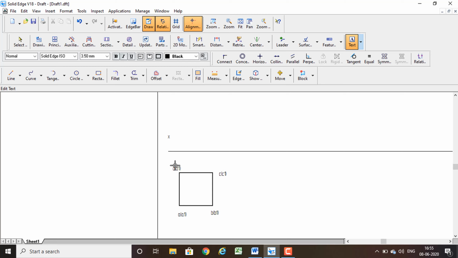This is how we have to locate the namings. A, B, C, D represent the top corners, whereas A1, B1, C1, D1 represent the bottom corners. The bottom corners are invisible, therefore they are placed inside the parenthesis.